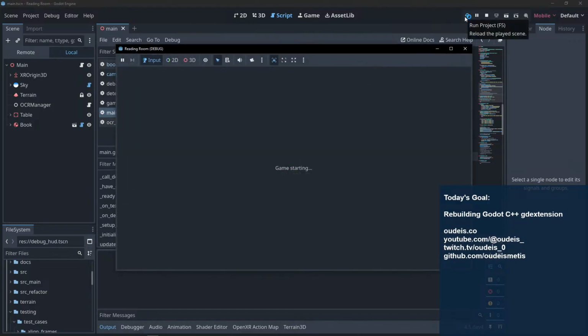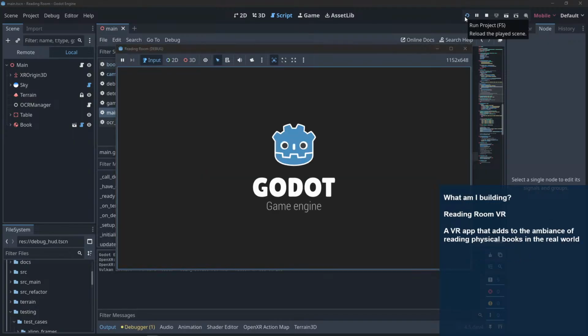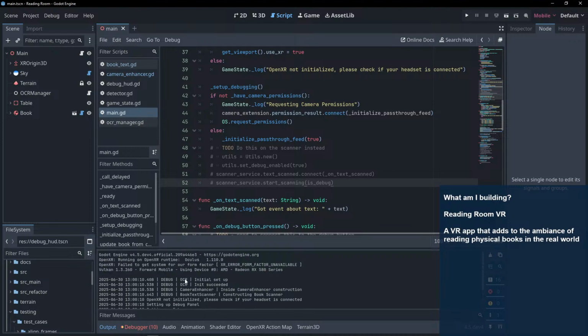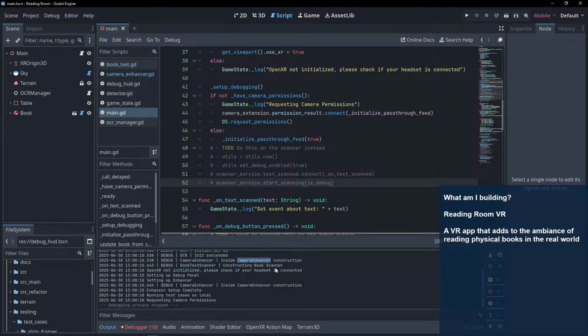By the way, I haven't done this in a while. Please don't break. Yeah. So all the initialization happened, including the book text scanner. So yeah, all right. Well, that's where I'll leave things. Kind of a frustrating morning, but I'll check you on Wednesday morning.